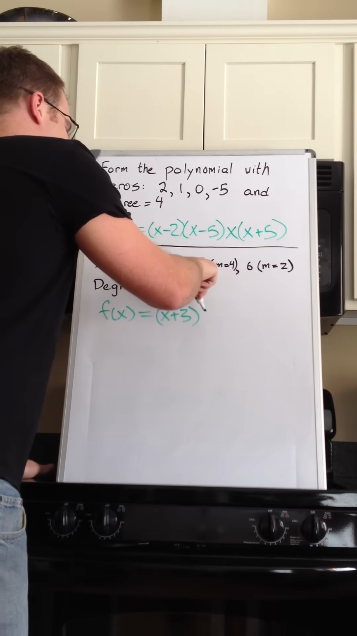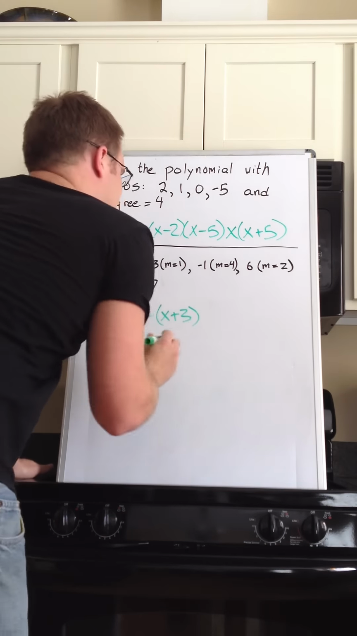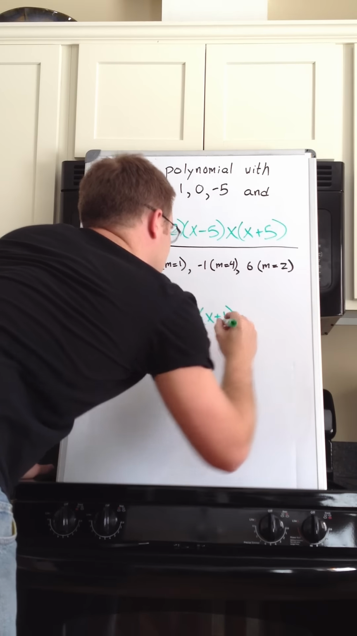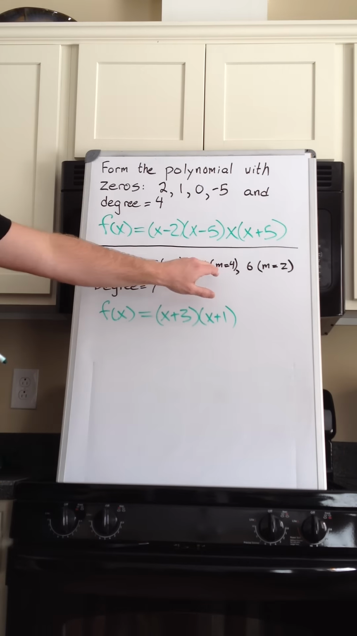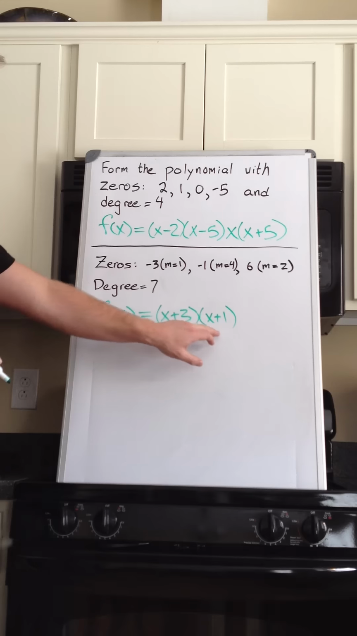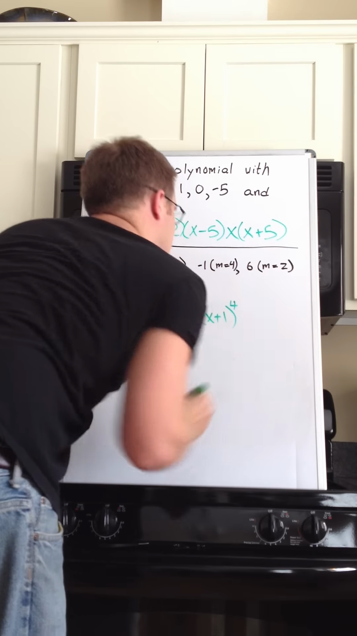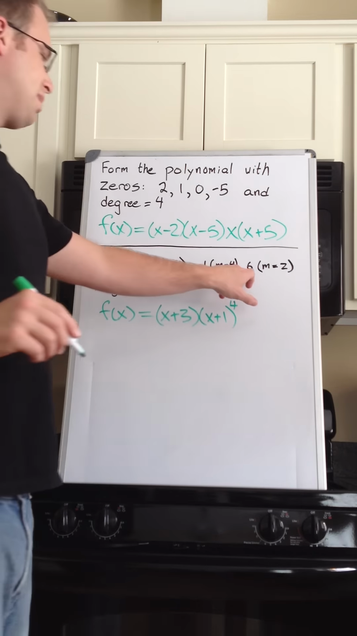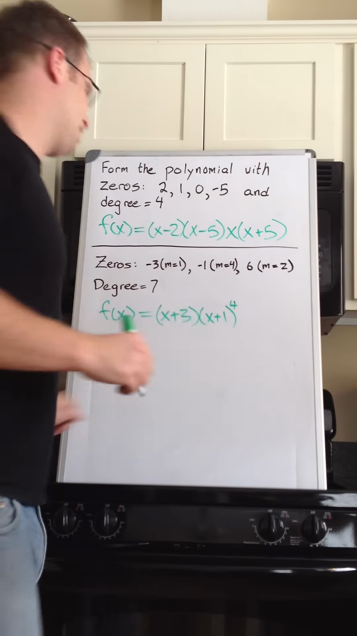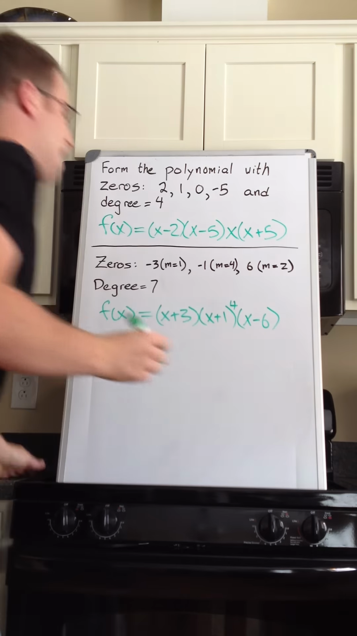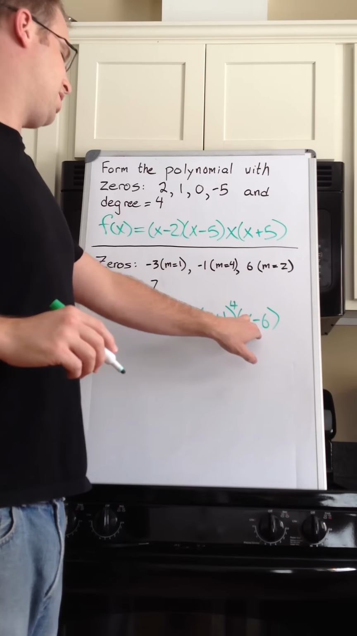Okay, for negative 1, x minus negative 1 is the same as x plus 1. X plus 1. And for this 0, the multiplicity is 4, so I'm going to put an exponent of 4 on this factor. 4. And finally, x minus 6 is a factor because 6 is a 0. X minus 6. And we know the multiplicity of this factor is 2, so I'm going to put a 2